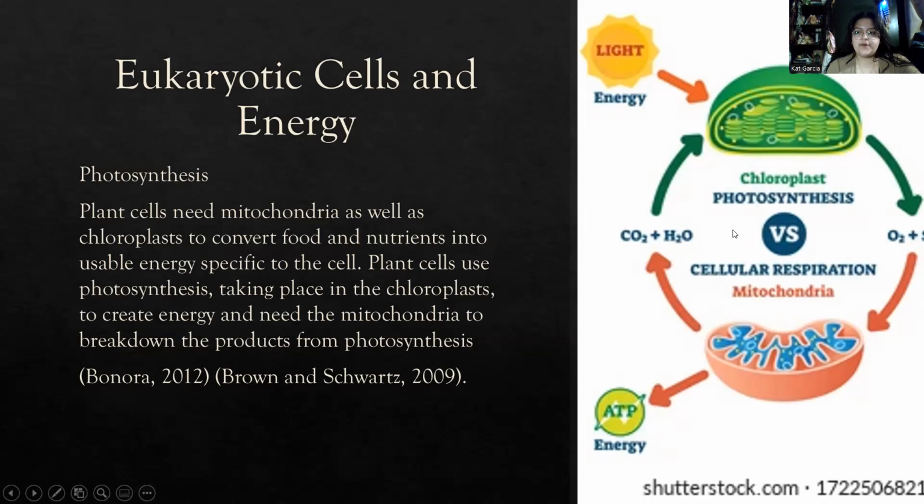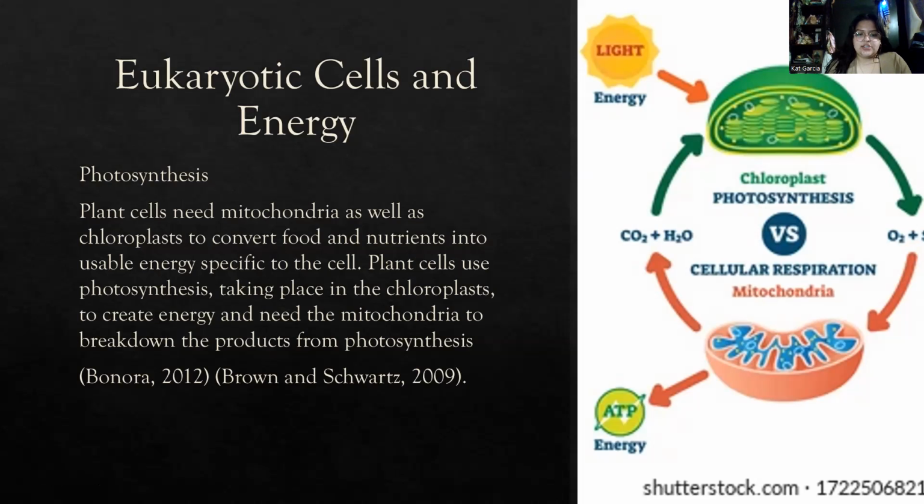So first, photosynthesis occurs. It converts light energy, water, and carbon dioxide into oxygen. It takes place in the chloroplast, it creates energy, but we have this end product, which is glucose, and